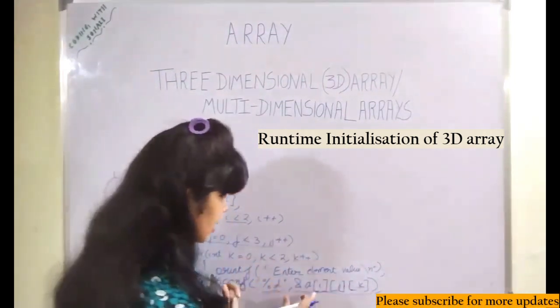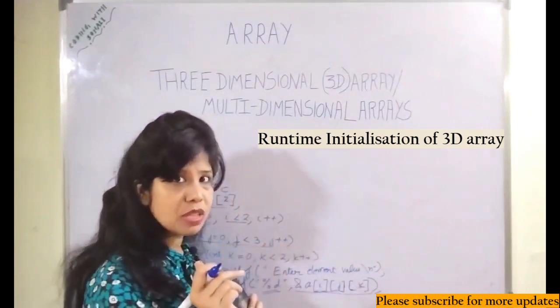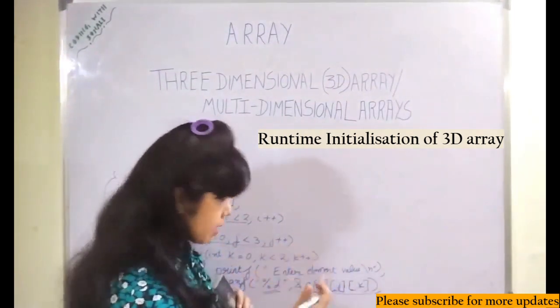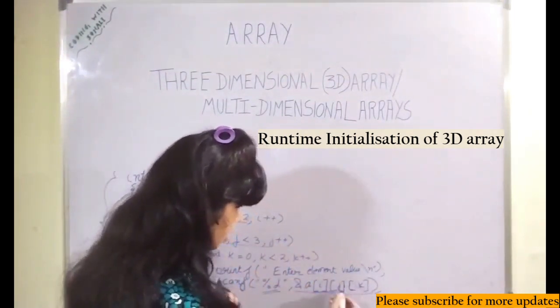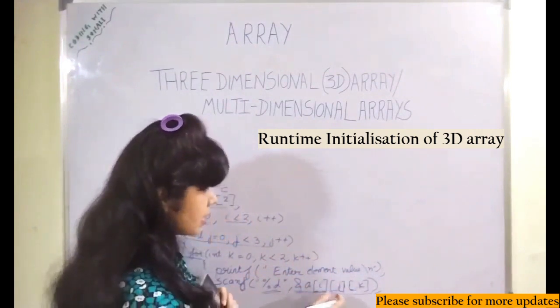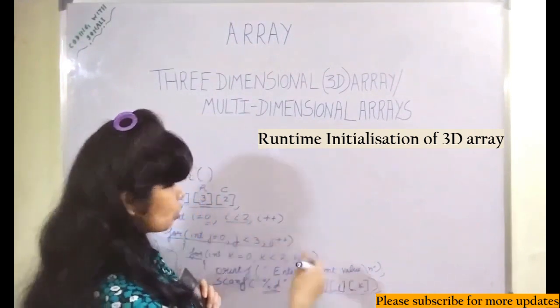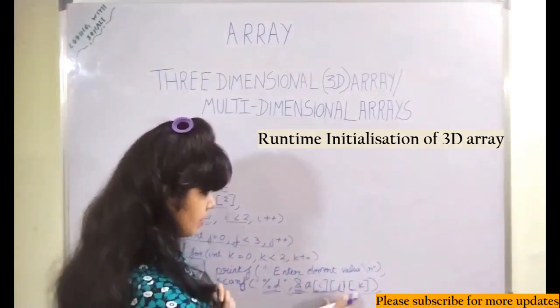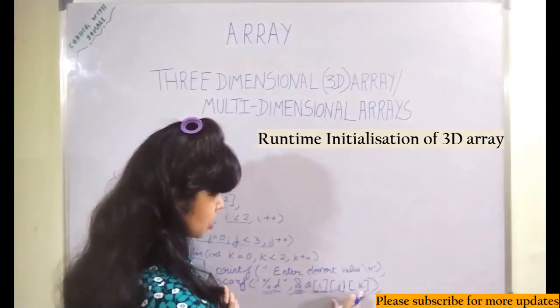You know how an element can be accessed. In case of an array, we use the subscript, so it is a random access. I'm giving 3 subscripts here, and I'm giving the address also, because at the element location I have to store the value which the user gives. So the element is A, subscript i, subscript j, subscript k.